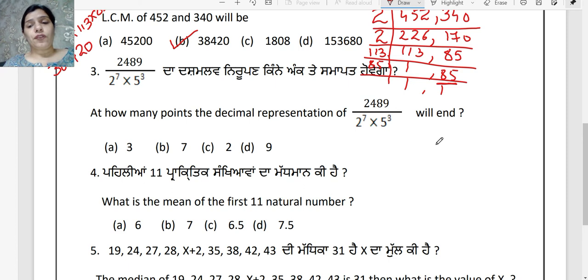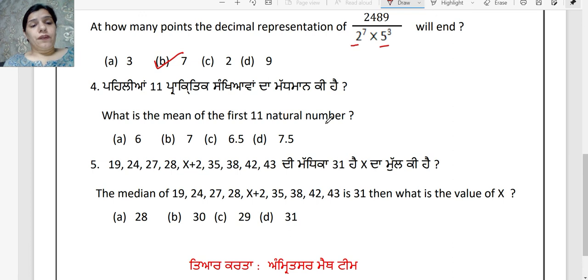So what you have to do is, जब आपके पास lowest form में आ जाए तब आपने 2 और 5 की powers देखनी है. अब इसमें 2 की power है 7 and 5 की power है 3. So you have to consider the highest power. Highest power है 7. So your answer is 7. तो जब आप इसको डेसिमल में कन्वर्ट करोगे तो डेसिमल के बाद 7 प्लेसेस आएंगी स्टूडेंट्स.